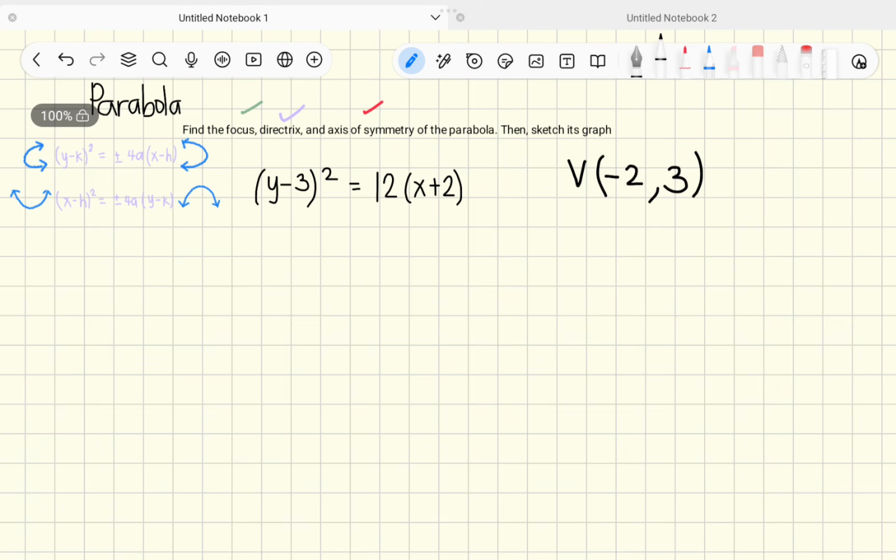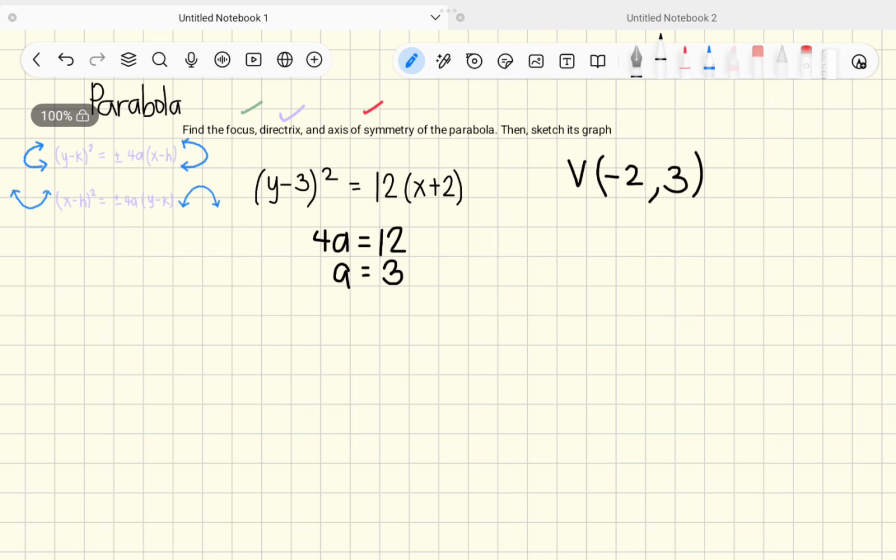So from your equation, we can identify the length of the latus rectum or determine the focal parameter. So 4a is 12, therefore a is positive 3. And because we have a positive value, we know that the parabola is expected to be facing the right side. Next, we already know the vertex. We already know also the distance of the focus from the vertex. So we can have your sketch already.